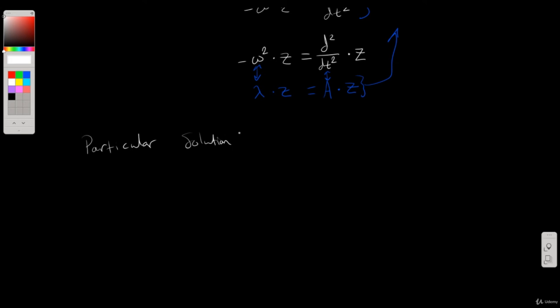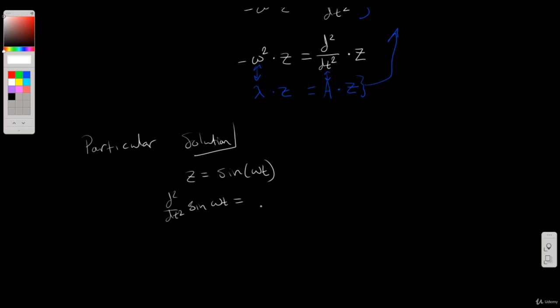One particular solution to this is z equals sine of omega t. And we can tell that this is a particular solution because if I take the double derivative of this,